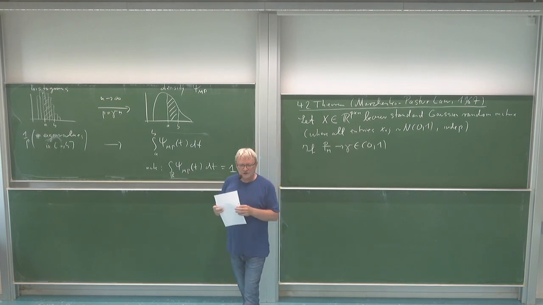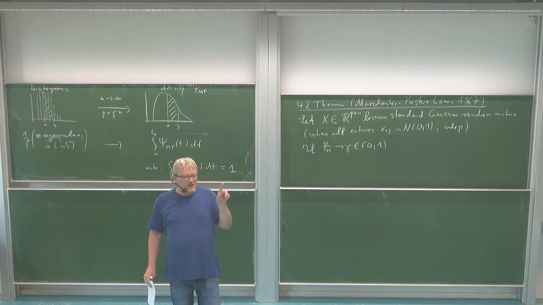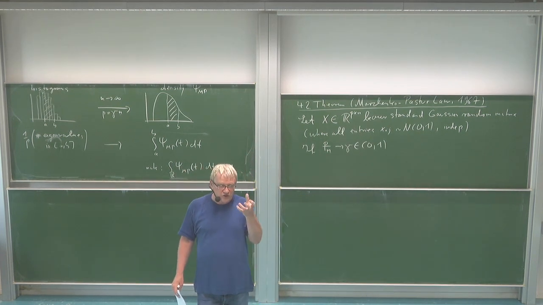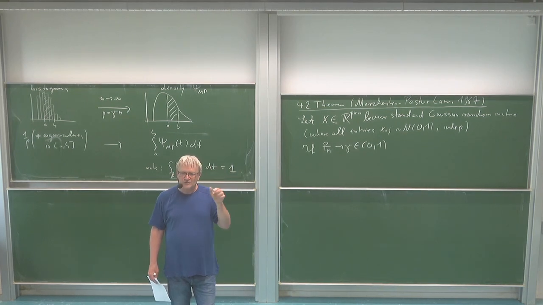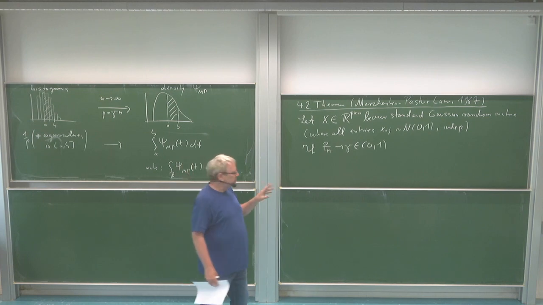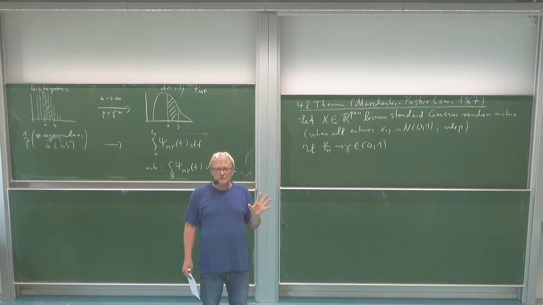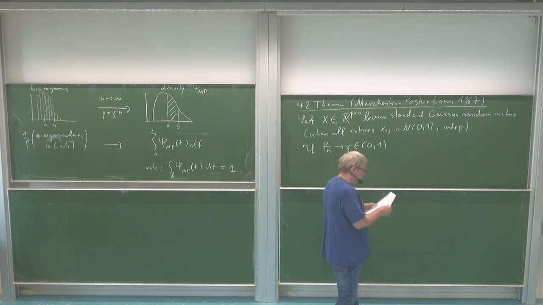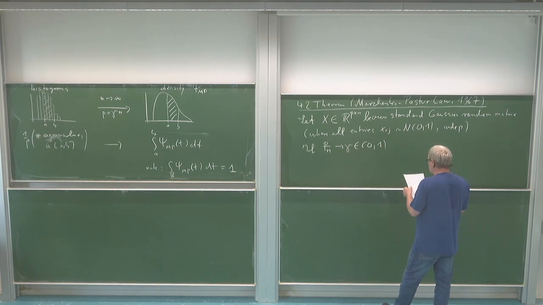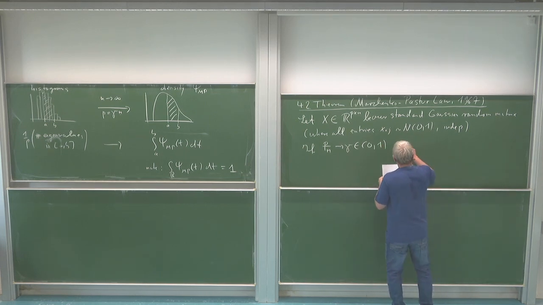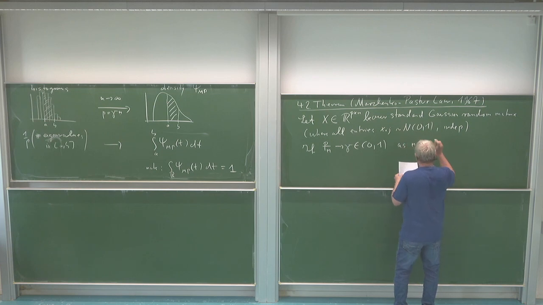0 to 1. In the assignments, you saw that you can also go to the regime where gamma is bigger than 1, but then you also get atoms at 0. Here we are in the regime where we don't get atoms, so maybe the formula is nicer to write down, but it's more or less the same in the other regime. So if p divided by n goes to a constant gamma, which we assume here to be between 0 and 1, and of course n goes to infinity,